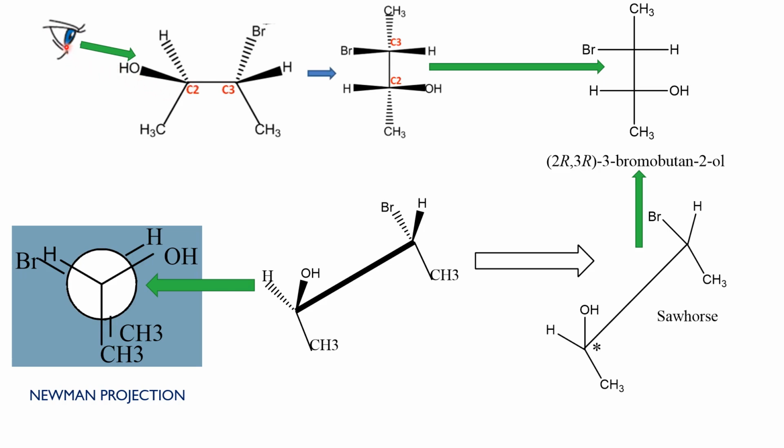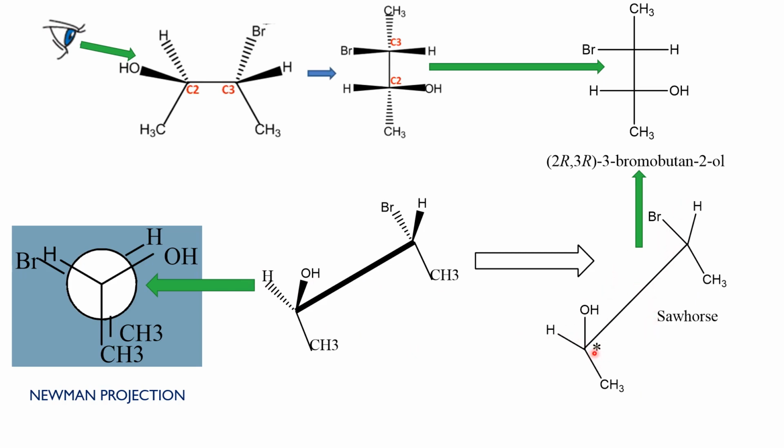Now I am viewing the molecule from this direction by standing near to C2. Earlier I viewed the molecule from C3. Now I am viewing the molecule from C2. And this is the very same structure kept here also. These two are the same. And I am converting this into Sawhorse projection here. And this Sawhorse projection I have converted to Fisher projection. And you can see the two groups which are going down are kept down, and the two groups which are coming up are kept up here in the Sawhorse formula also.